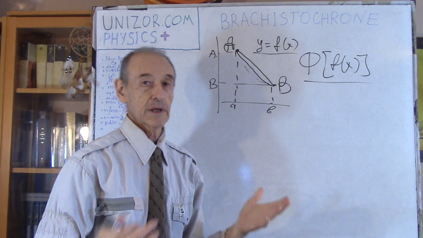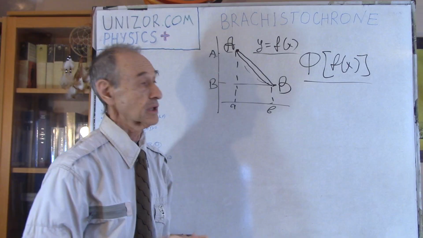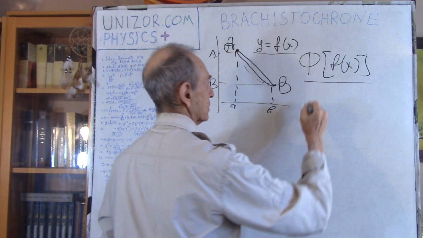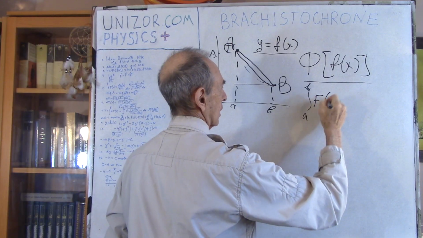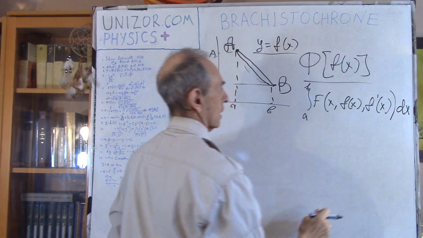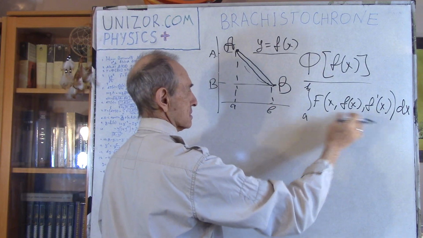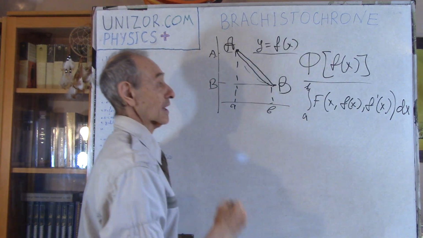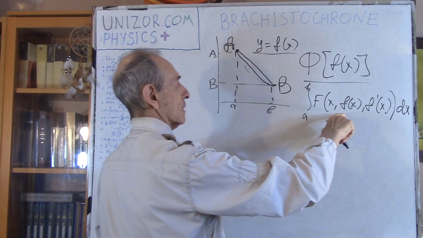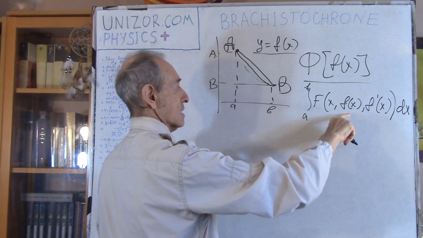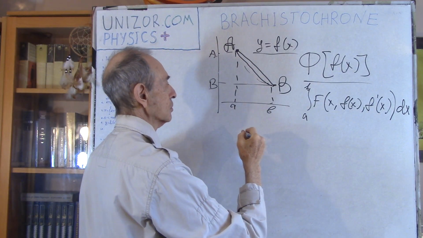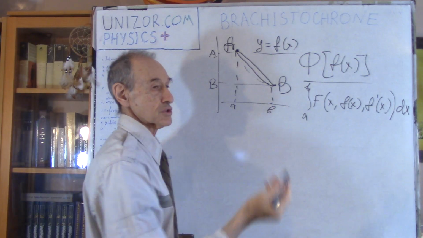Euler and Lagrange both came up with a differential equation for a particular kind of functionals. If this functional is described as something like the integral of F of x, f of x, and f prime of x dx, where f of x is the function, this is its derivative, and x is obviously the argument. So if our functional looks like this, and there are some other functionals, but if it looks like this, then the particular function lowercase f of x which makes the whole functional minimum or maximum, depending on certain other conditions, is supposed to satisfy the differential equation which is called the Euler-Lagrange equation,